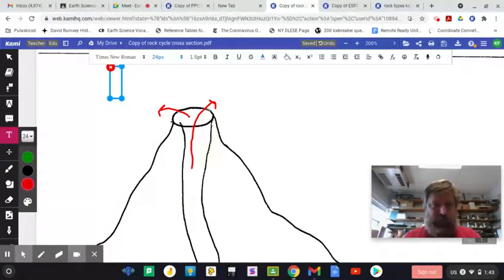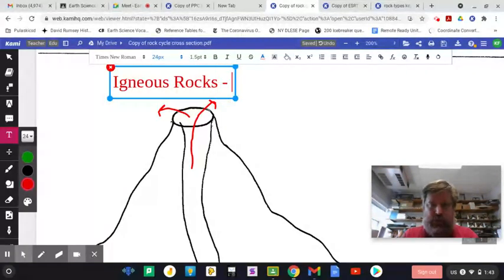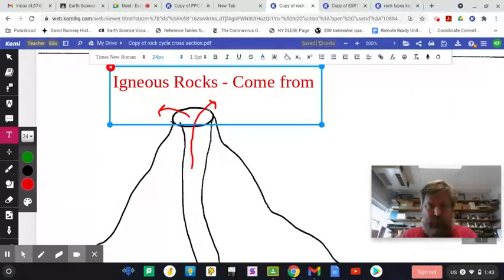I mean, that's got to be one of the coolest things you could witness in the world of rocks. So we're going to call these igneous rocks. Come from, just space this however it works for you. I don't know if I'm